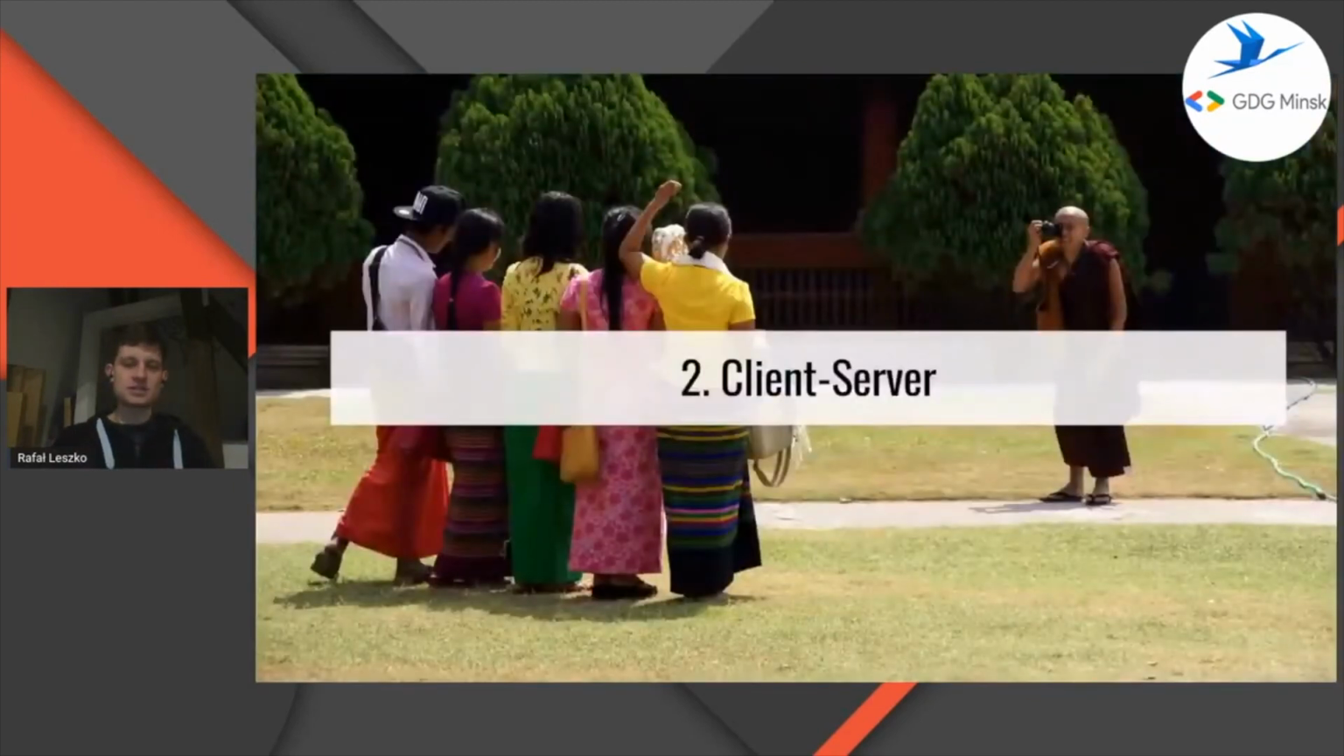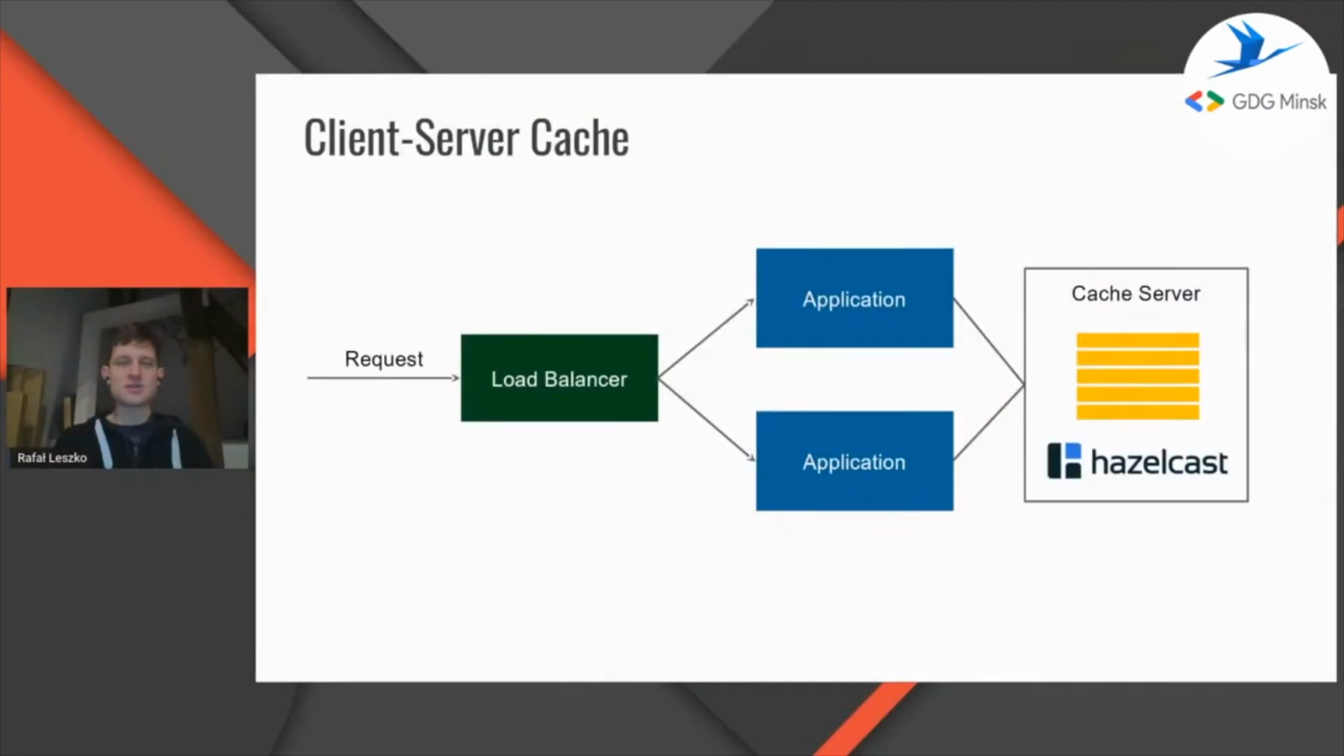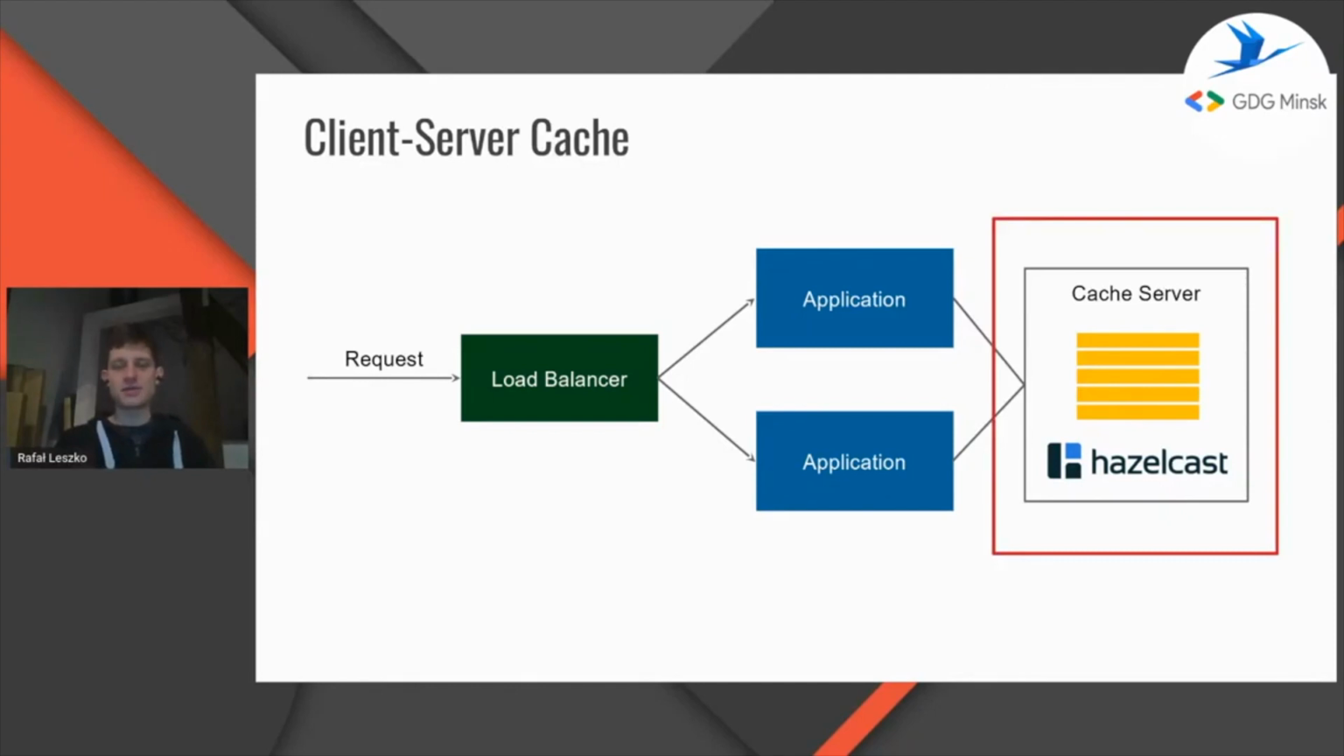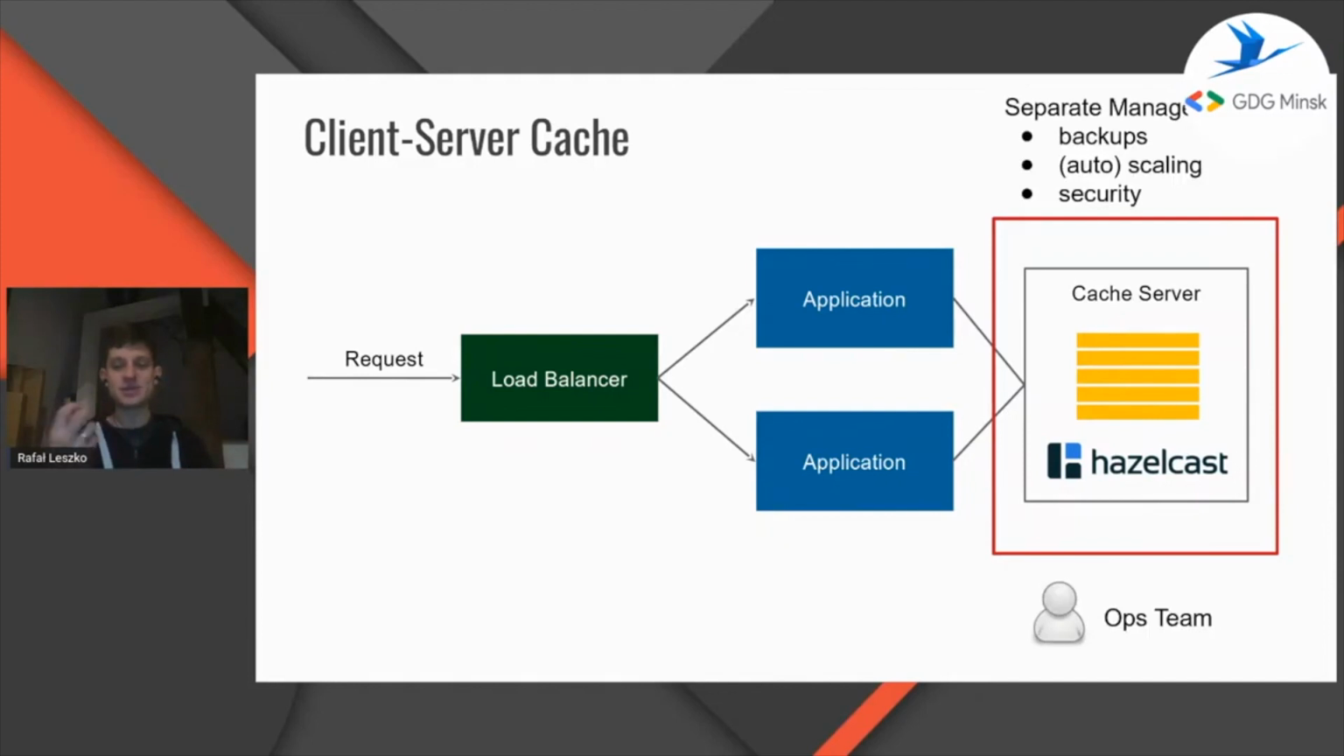So the next pattern is client server. Client server is kind of a database style. It means that we set up our caching server separately, and then the application connects to the server and uses it. So if we compare this diagram to the embedded cache diagram, there are two main differences. The first difference is we have this thing on the diagram. This thing is a cache server